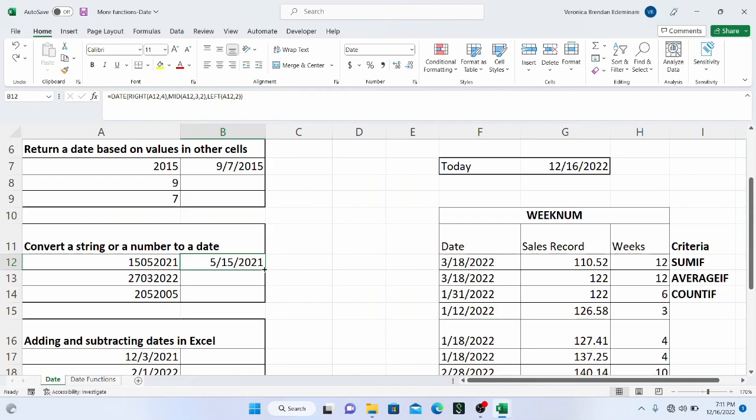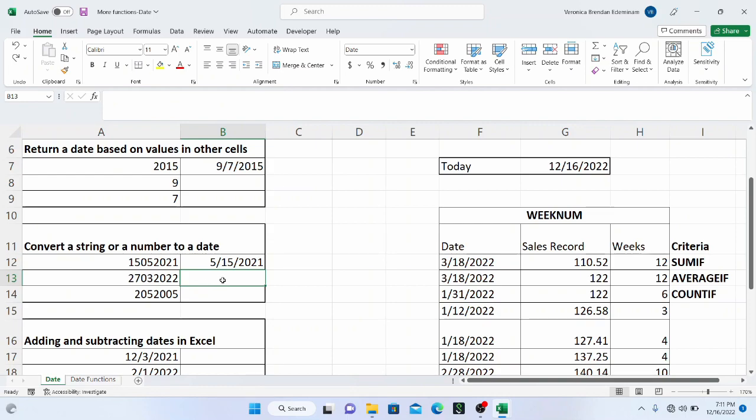Then we can drag down. You hold down your mouse button and you drag. This is one way that we can fix this. Another way that we can fix this is